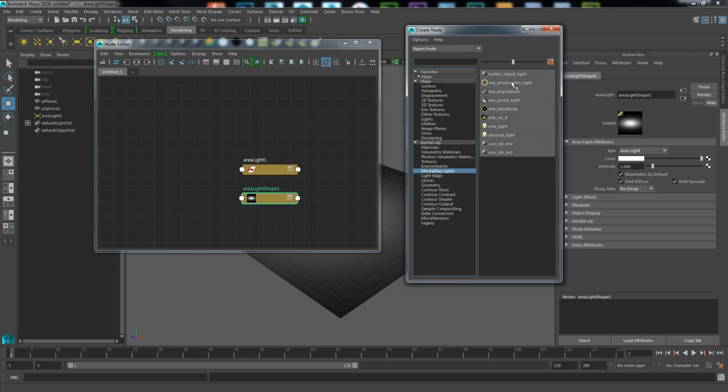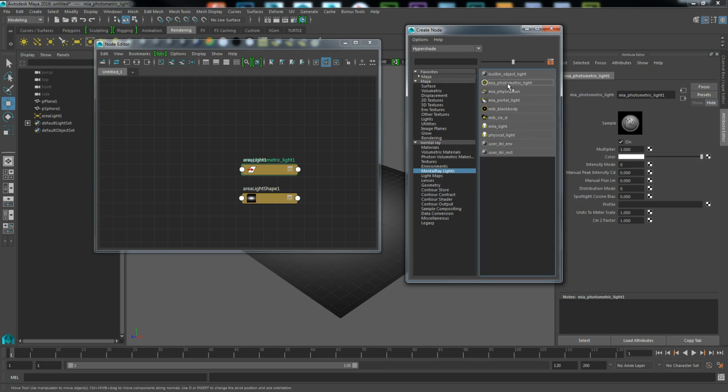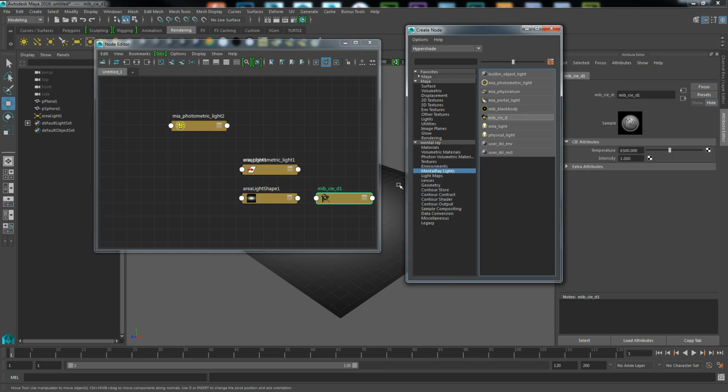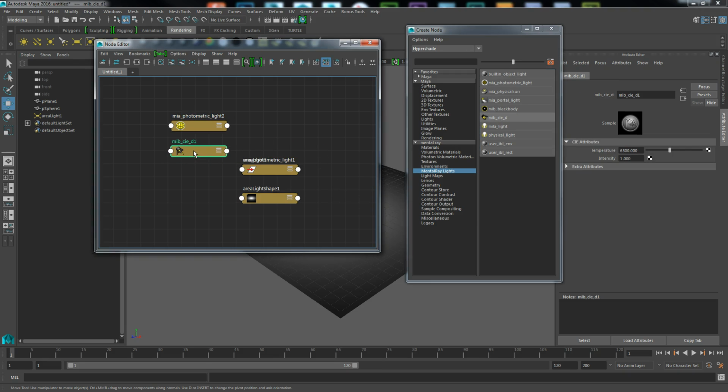Now we need two things. We need this MIA Photometric Light, so click on that. That'll load us one of those. And then the other one we need is this MIB CIED. That is the actual Kelvin node that's going to have the light being controlled by a Kelvin setting,